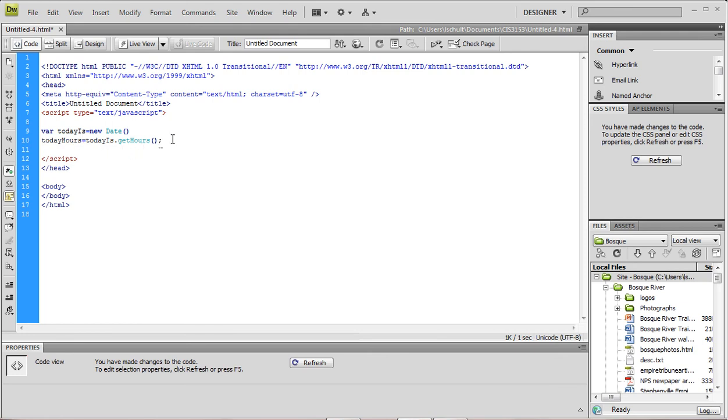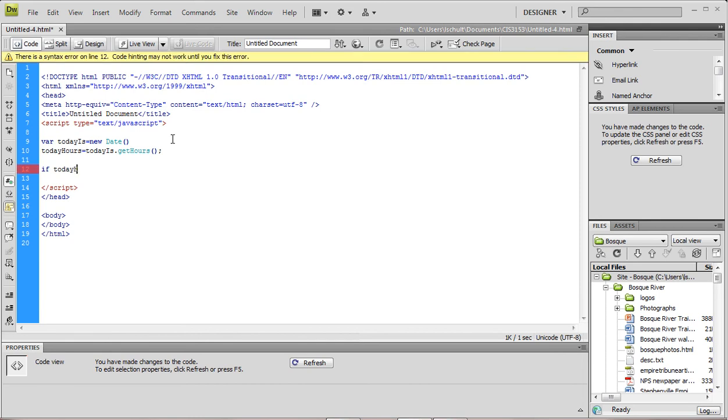So then we can start using our if statements. We can say if today hours, oops, I forgot my parentheses. If today hours, let's go ahead and start with evening, it's easier to work backwards, is greater than 17, which would be 5 o'clock in the afternoon,